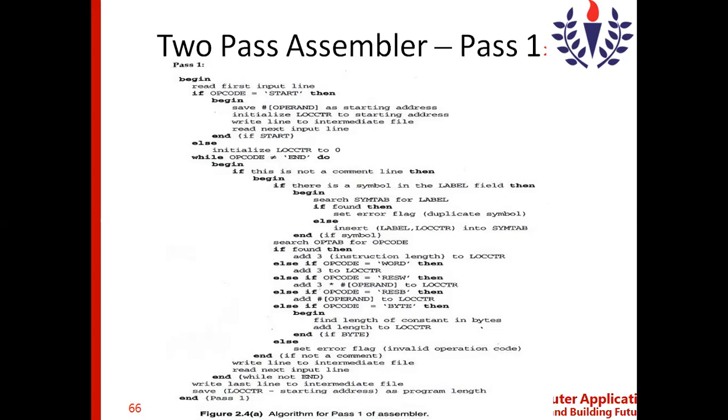To hold the address, we need a variable. That variable is nothing but the location counter. So the location counter is assigned the starting address, say for example 1000.